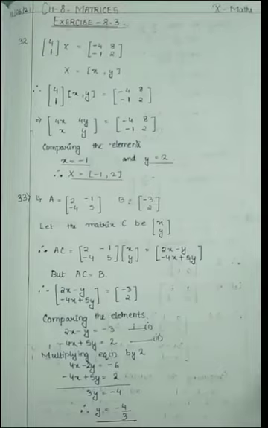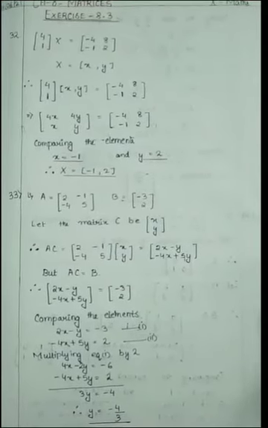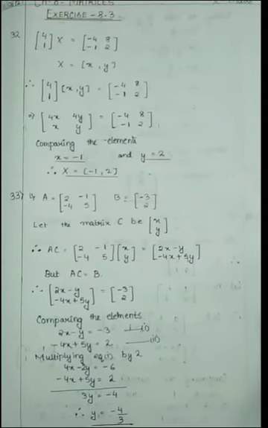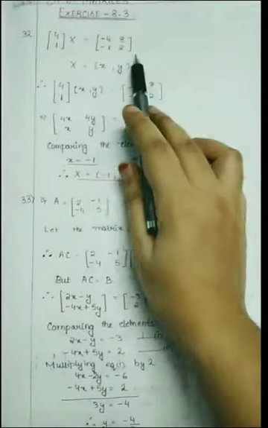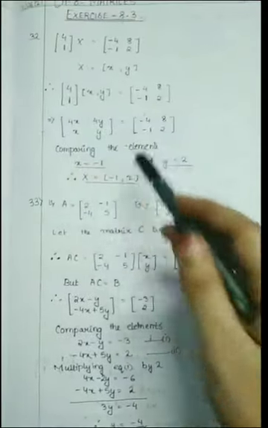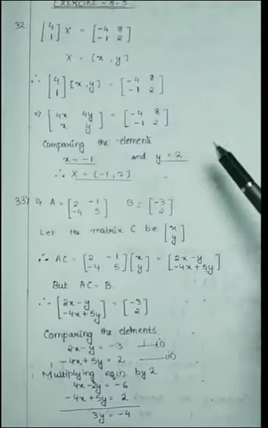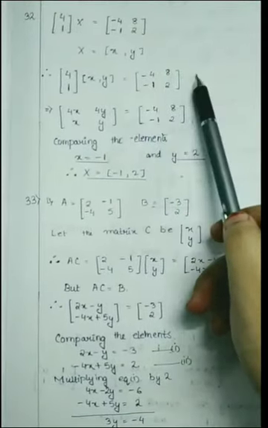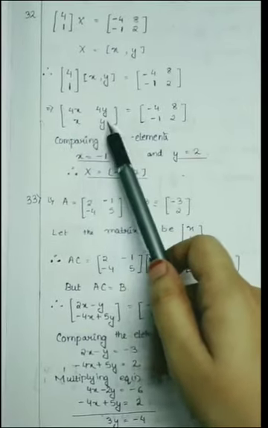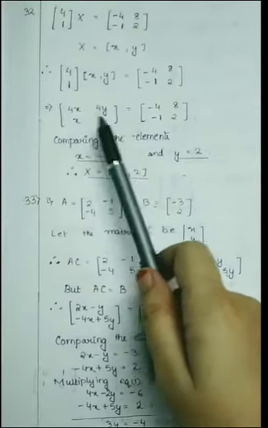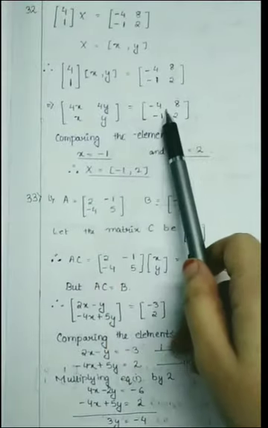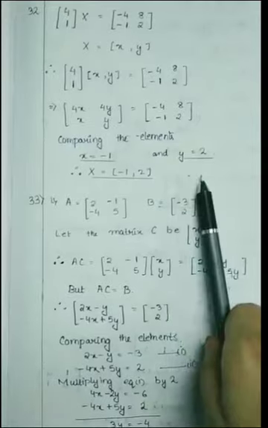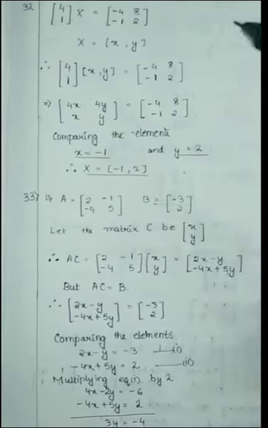It says we have to find the value of X where [4, 1; x, ...] equals [-4, -1; 8, 2] matrix. So here, because this is a 2 into 2 matrix, we have to take the value of X as x and y. After taking this, we'll multiply these two matrices and we'll get this value. After multiplying, we have got 4x, 4y, x and y. Now comparing the elements, 4x is equal to minus 4, so x is equal to minus 1 directly we can write, and y is equal to 2. So therefore, with the answer we have got x is equal to minus 1 and 2 matrix.